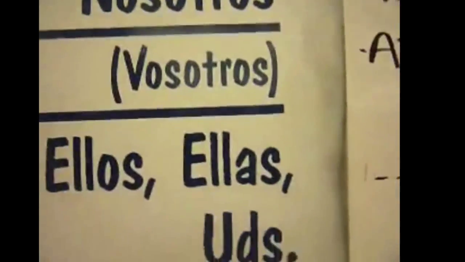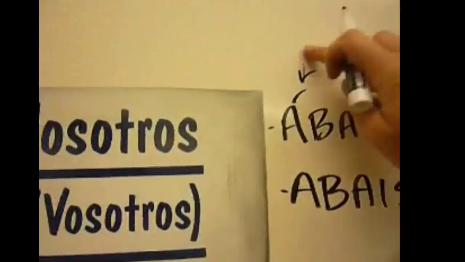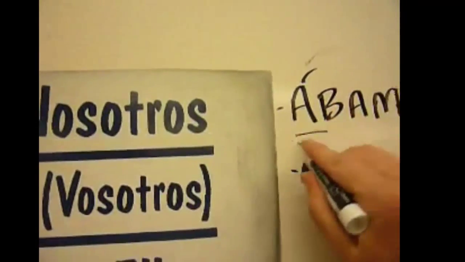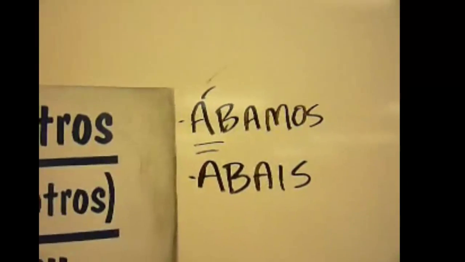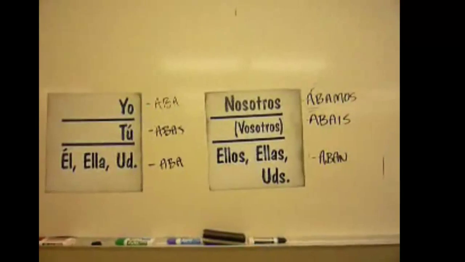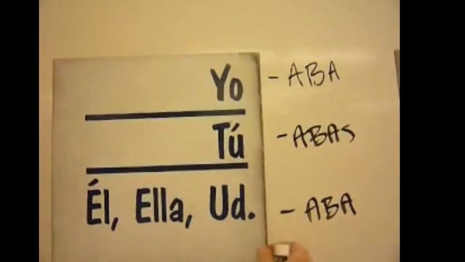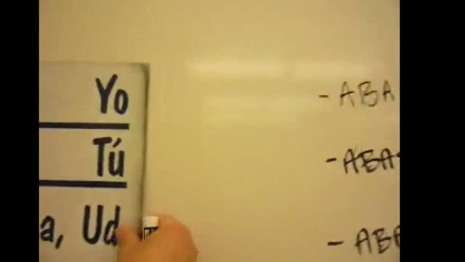Now if you're into the vosotros, we won't do much vosotros here, but if you are, abais. Let me get back out here so you can see. Okay, now notice on this abamos, the stress is usually on the next to last syllable when it ends with N, S, or a vowel, but we have to put an accent there since we're not ending it there. Okay, let me move these around a little bit.